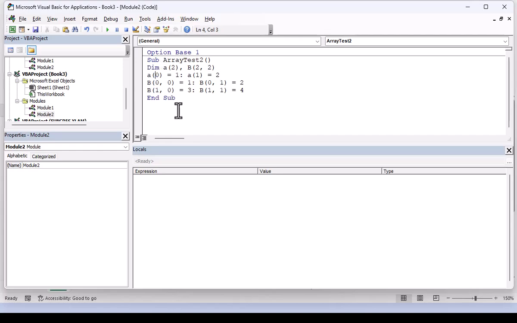And then I'm going to be setting A1 equal to 1, A2 equal to 2, and then I will have B1, 1 equal to 1, B1, 2 equal to 2, B2, 1 equal to 1, and B2, 2 equal to 2. Okay? So now when I single step this, what you will note down here is that A now has